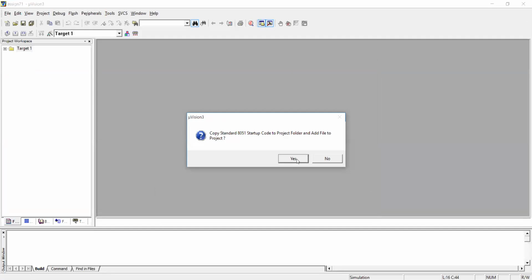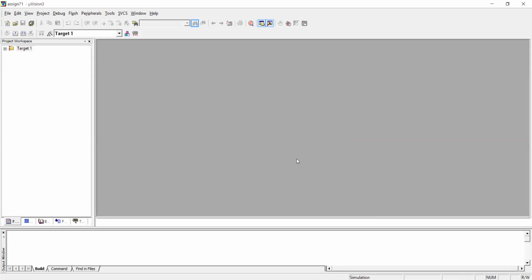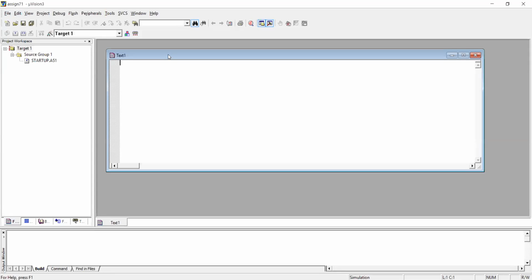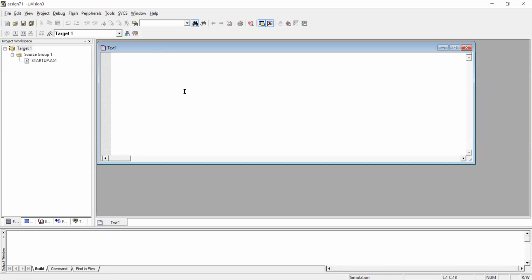This standard startup code is added by default in your project. You can say yes or no, there's no problem with this startup.a51. Now a plus sign you are able to see here in the target one. After that, this startup.a51 file is added. Now you can start with a new file, but right now we are just creating a project, not creating our own code. So I say new text file. Now this is the new text file.